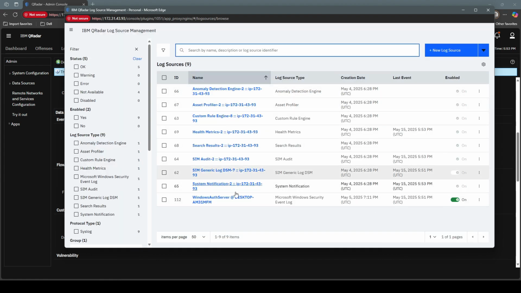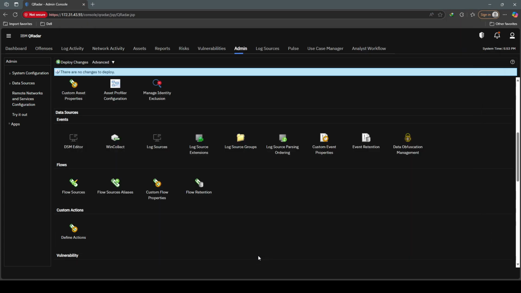So let's say I have these log sources right now. I have the default QRadar log sources. I have one log source for my Windows events, and I have, of course, the SIEM generic log source. So I have set up a syslog test in our syslog agent that will send sample syslog messages when I want to. And the first thing that you can check